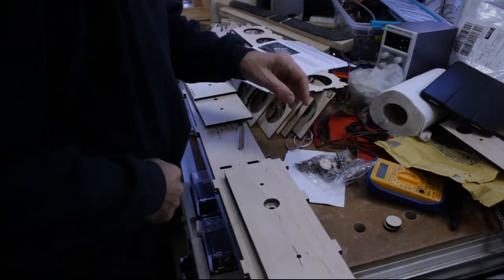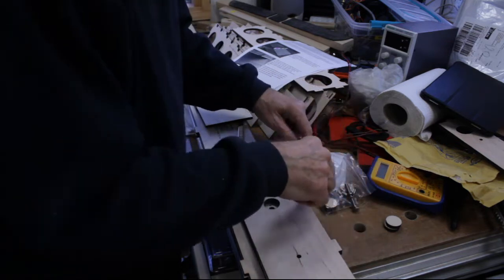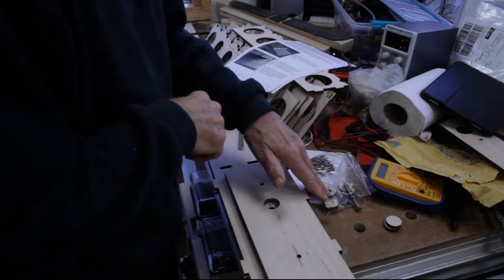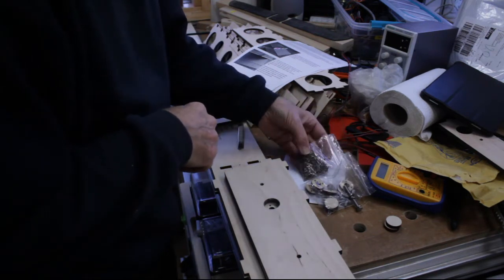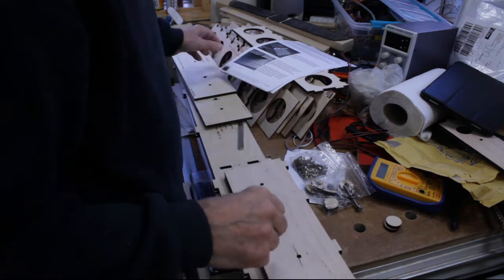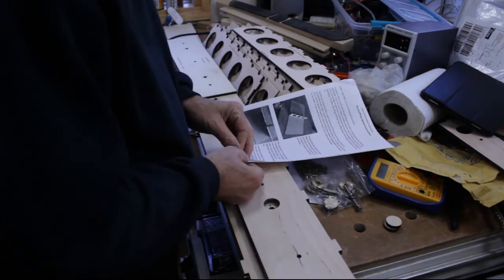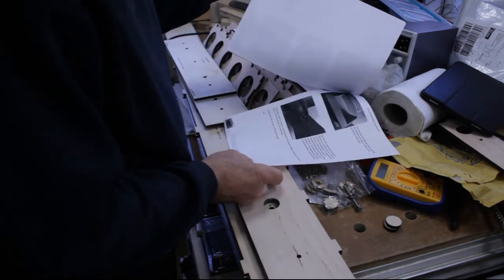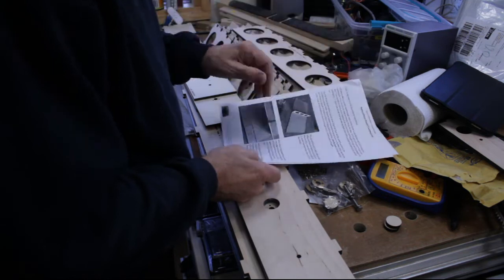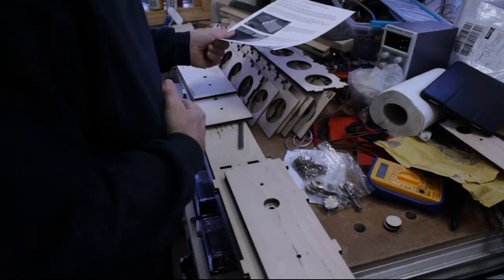And a bit further into the package, what else have we got in there? Got some fixing bolts, some little adapters I'll show you in a minute, and the screws to be able to screw the thing together. Comprehensive set of instructions by the look of it. I've just had a quick scan through them, and they seem pretty straightforward and clear. The only real thing that I've got to buy anything extra for,